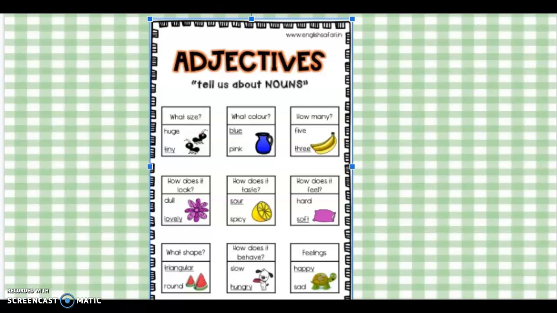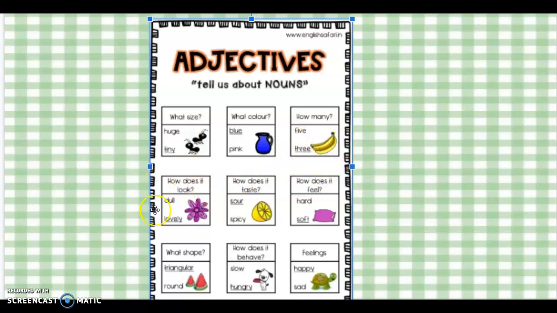I want to remind you that an adjective is a word that tells us more about a noun. It describes a noun. Adjectives can tell us what size something is, like a tiny ant, what color something is, like a blue pitcher, how many, like